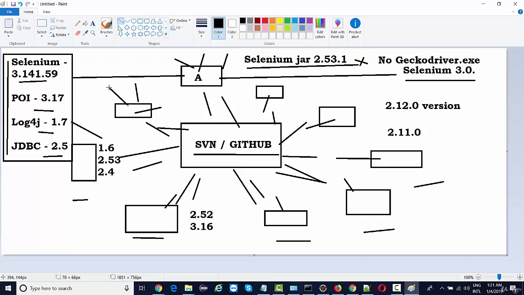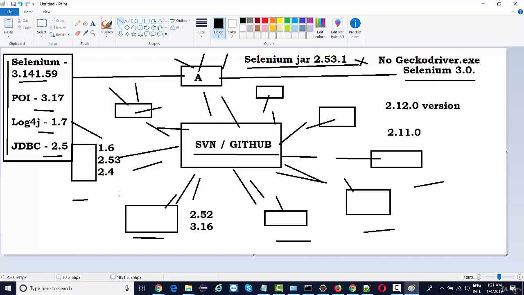So this tester B is going to go to Google and search for Selenium jar, then POI jar, then log4j. In our project, we don't just use 4 jar files. We're going to use hundreds of jar files with different versions of APIs. So if everyone started downloading these jar files individually from Google in order to sync their project to the latest project, it will be a very time consuming task, right?